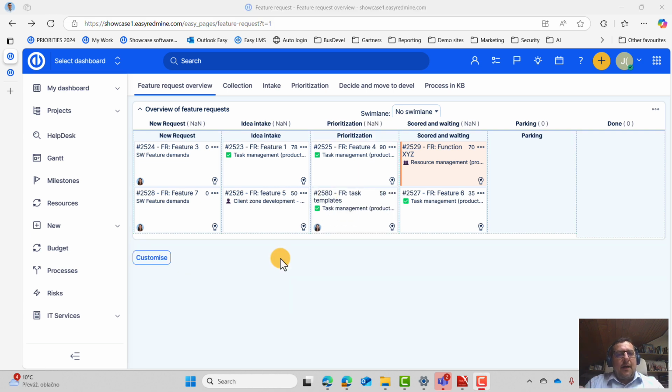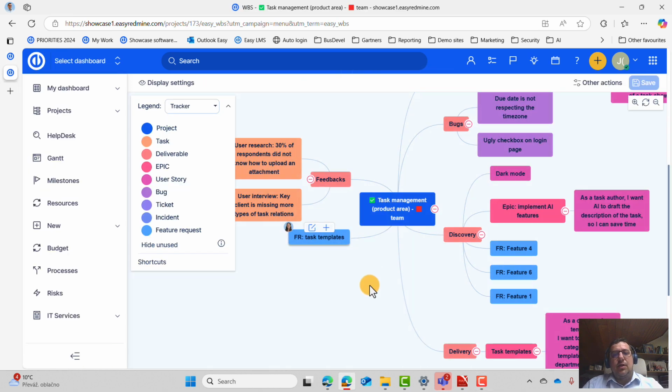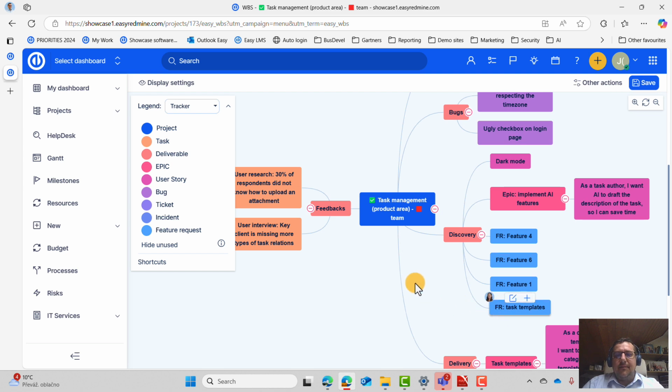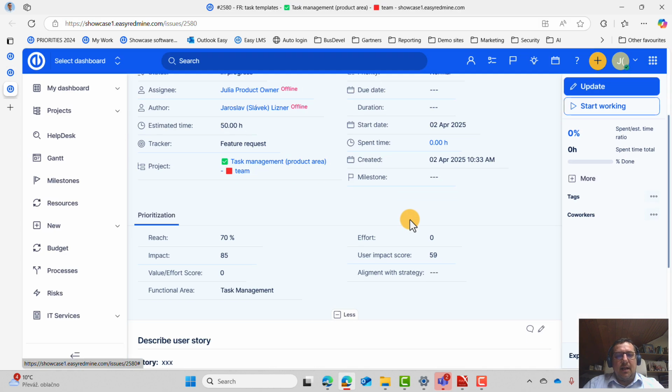In this phase, we are finally engaging our technical resources. So product management is engaging developers to do the assessment to understand the whole picture. To do that, I have here the WBS of the team which is managing my feature area of tasks. And as the task reaches a certain level, I may run some discovery. With just this simple step, I'm initiating that somebody who is dedicated to this work does the assessment. For the assessment, I may use spent time, but in this area, we are working with an effort score. I would put here effort score, let's say